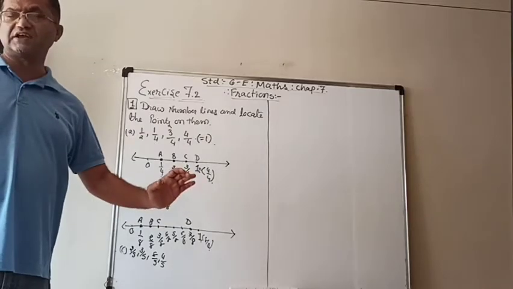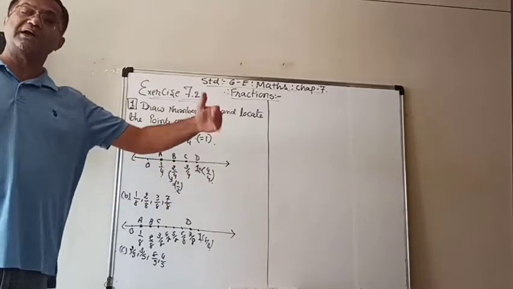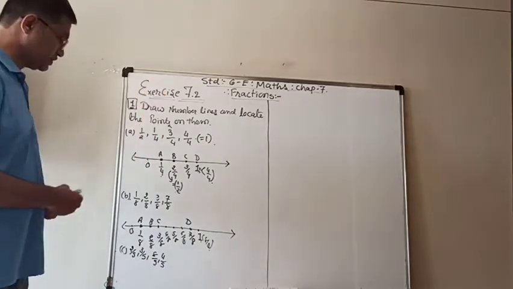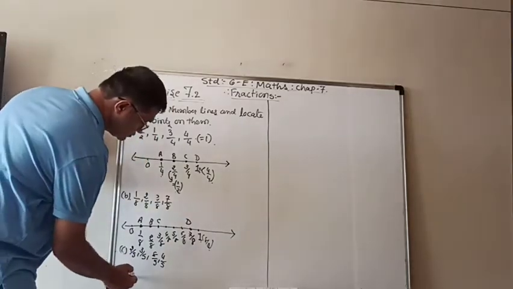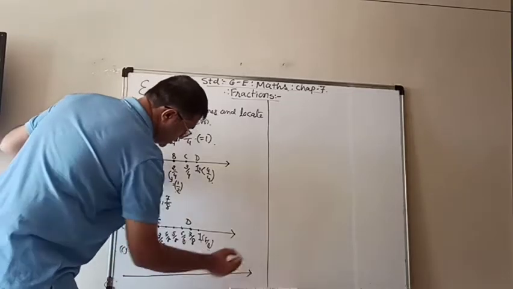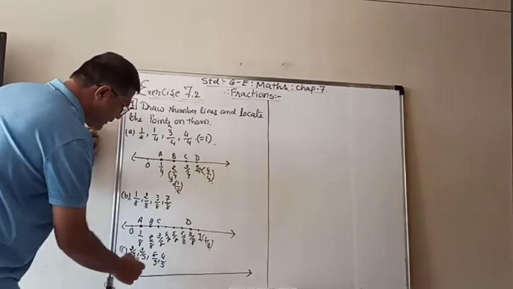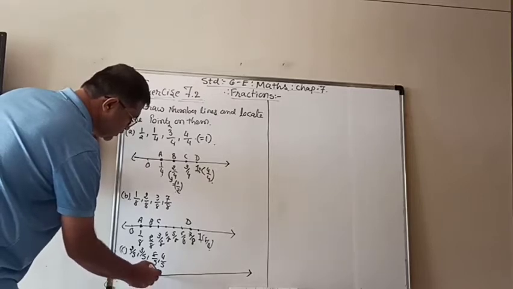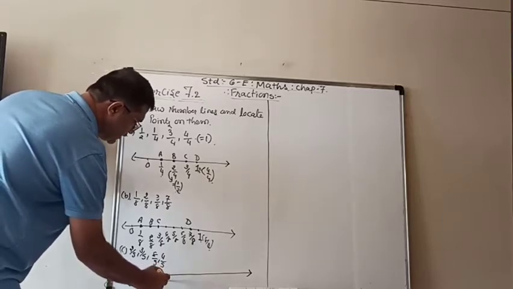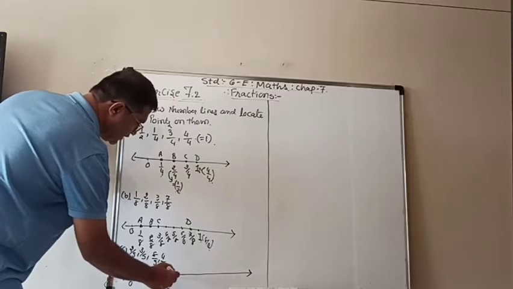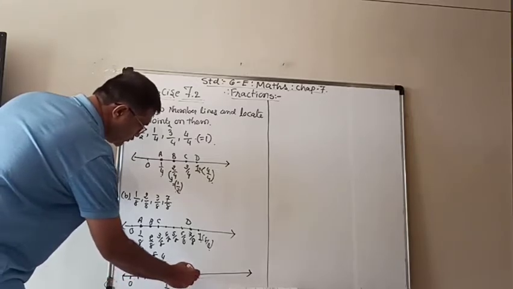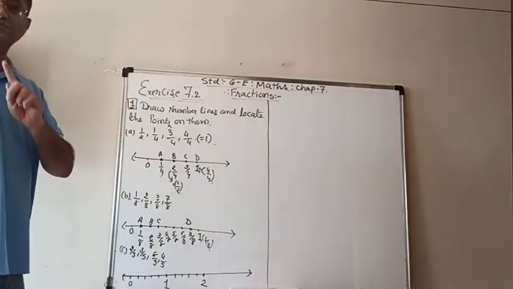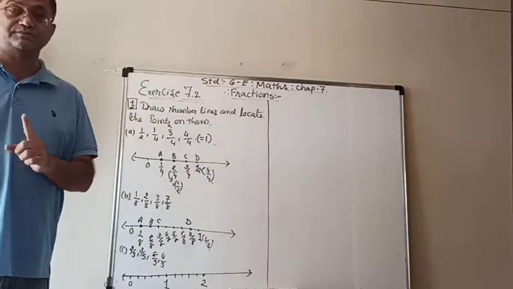When such a situation occurs, we still have to make 5 parts between 1 and 2 also. Look here. So we have to make 5 parts between first 0 and 1. So 1, 2, 3, 4 and 5 is the 1. Then again 5 parts. 1, 2, 3, 4 and the fifth part is 2. Because one of the numbers is not a proper fraction.